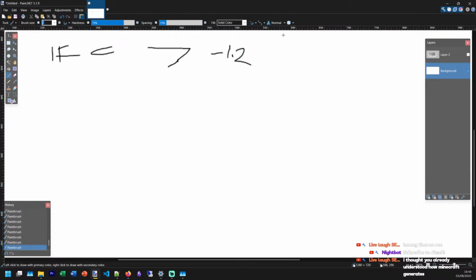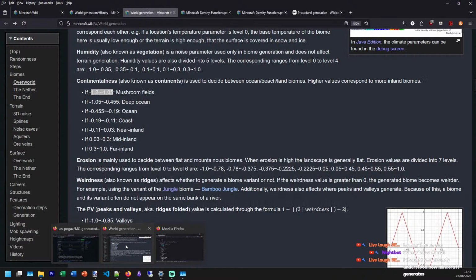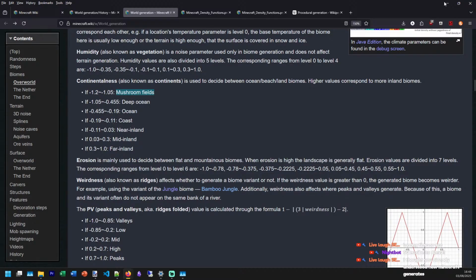So right, continentalness is greater than negative 1.2. We know it's a biome. So it's a mushroom, let's say. Or as the wiki puts it, mushroom fields.